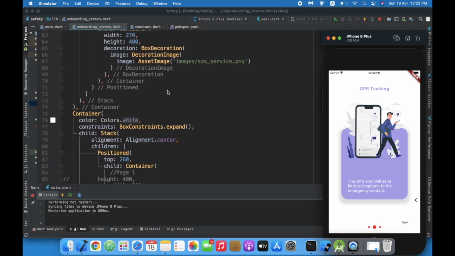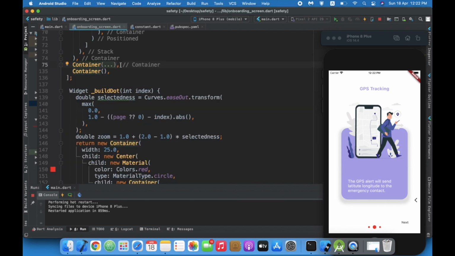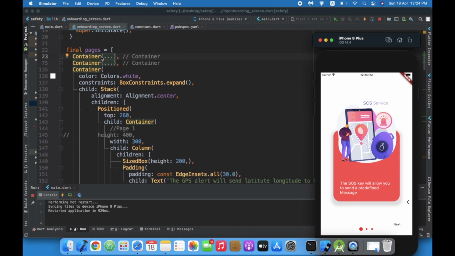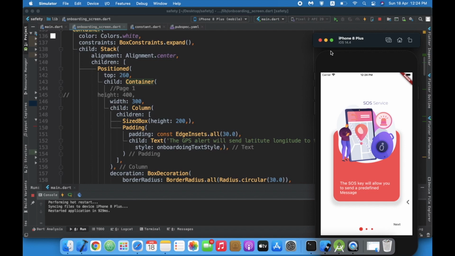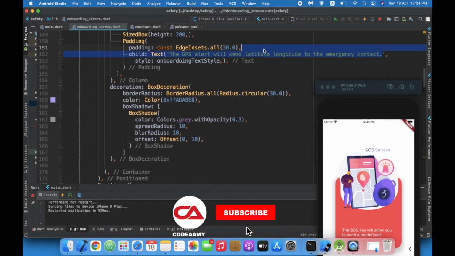Okay, now again I will copy this container 2 and I'll paste it over here. So page 1 is done, page 2 is done, now the third page that we're going to do. So let me take back the text.